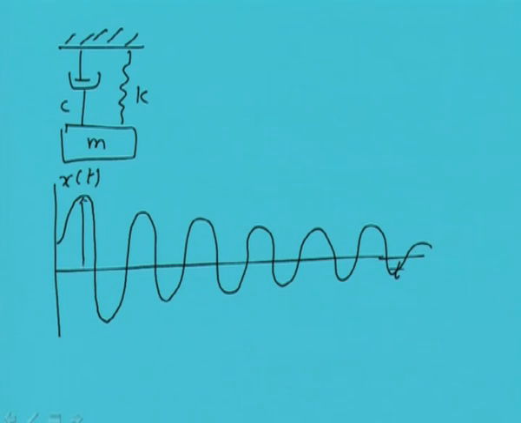Let us say this is x1 and this is x6. So during measurement we found that x1 by x6, that is after the fifth consecutive amplitude, the ratio is 0.25. That means we have this ratio equal to 4,